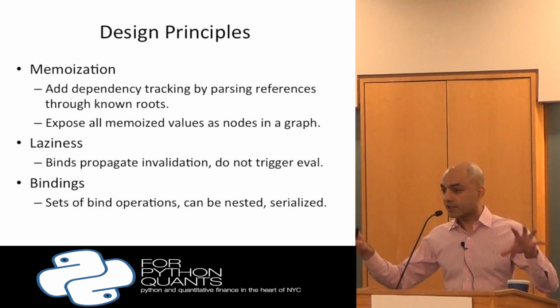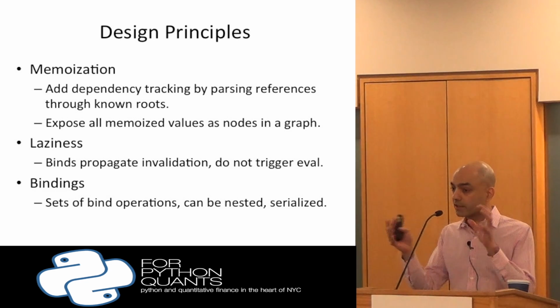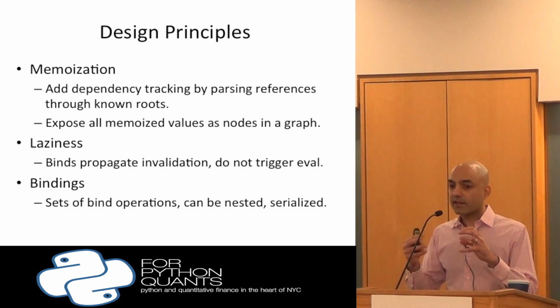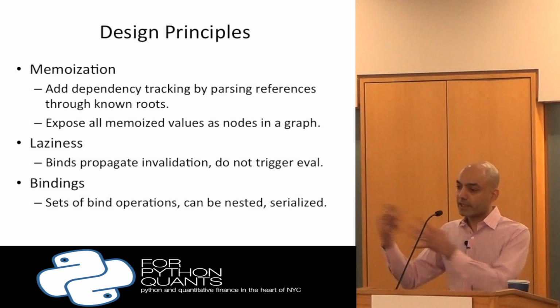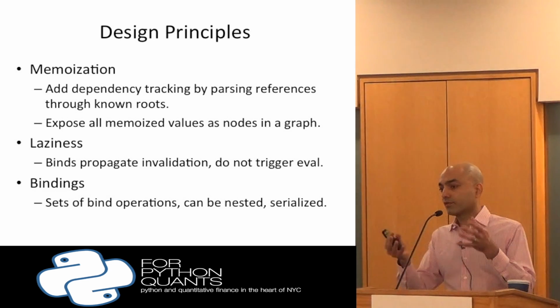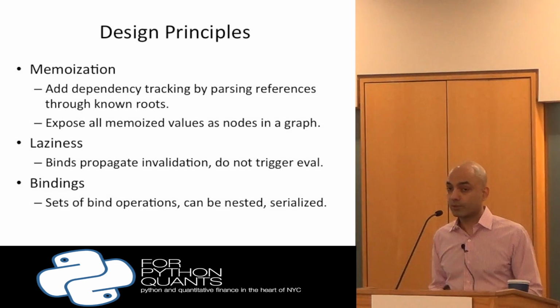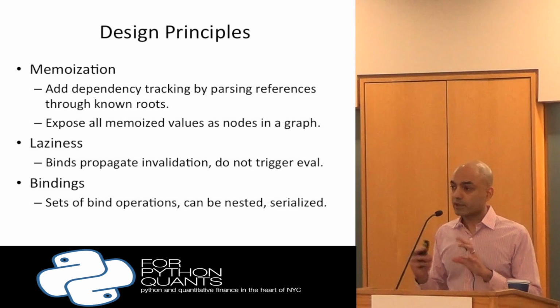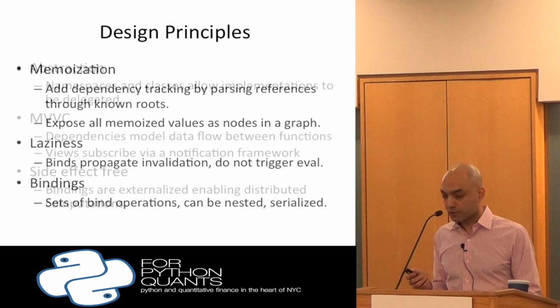And in order to be able to express computations, we really have a base state of a graph. Think of a spreadsheet. You can then change a bunch of cells. That's a set of bindings. And then you can execute that as a computation later, push it off to another node if you want to distribute the compute, et cetera. So we'll think about things as sets of bind operations.